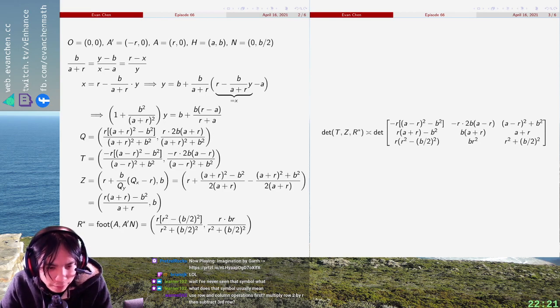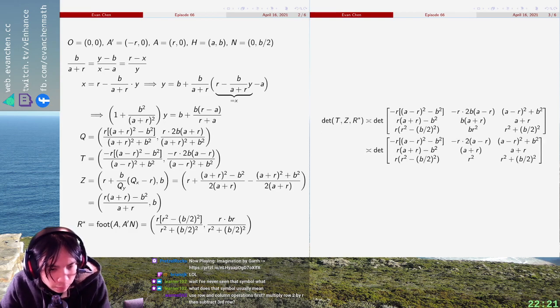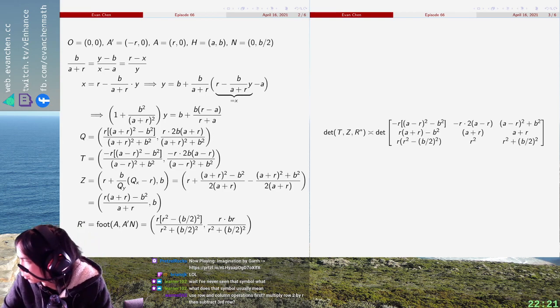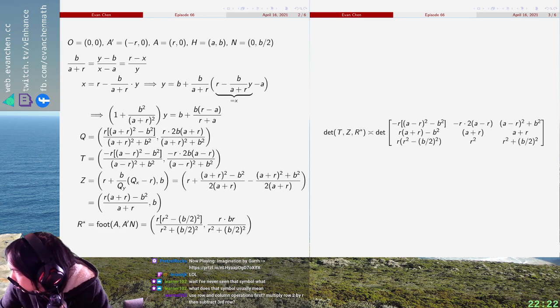Let's clear that one factor of B. I think I want to start by subtracting R times this column from this column, because that will eliminate a lot of terms,